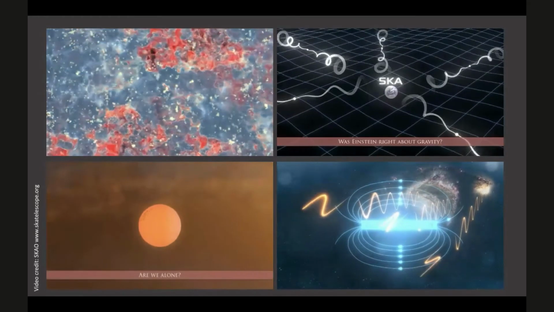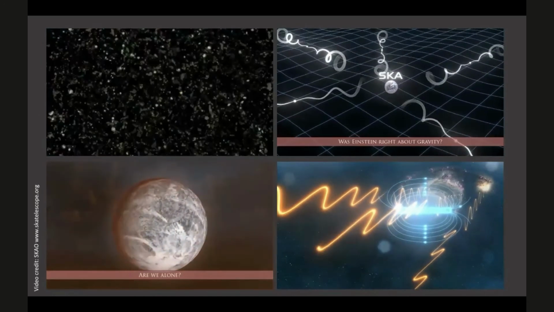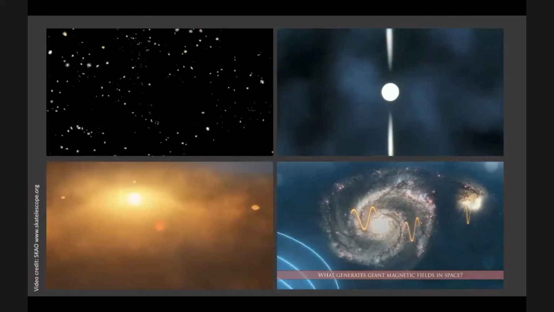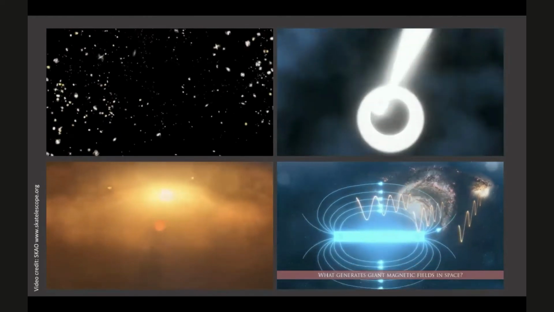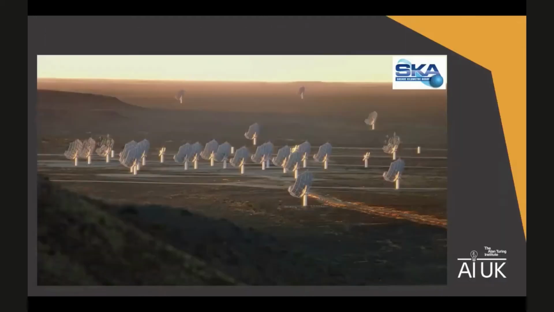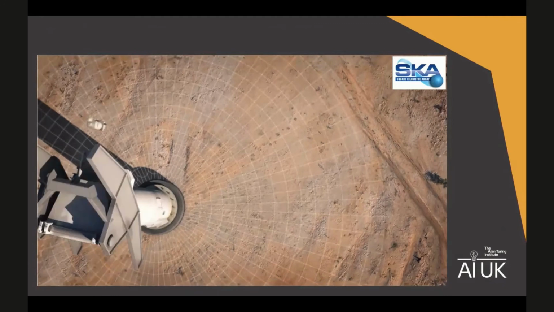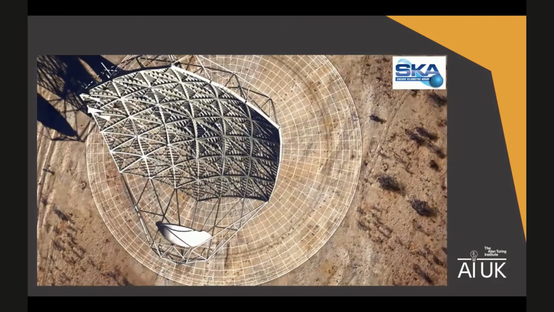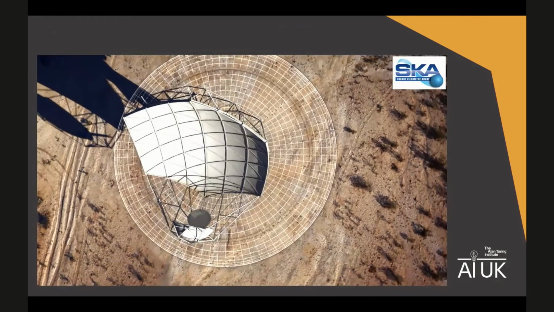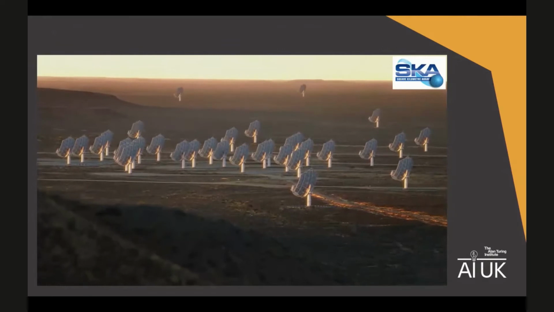Now, to answer these questions, the global astronomy community came together and decided to build a new radio observatory. And it's an observatory that is comprised of 2 telescopes. The first of these is in the Northern Cape region of South Africa, in the Karoo, and it's comprised of 197 radio antennas in phase 1, with a proposed phase 2